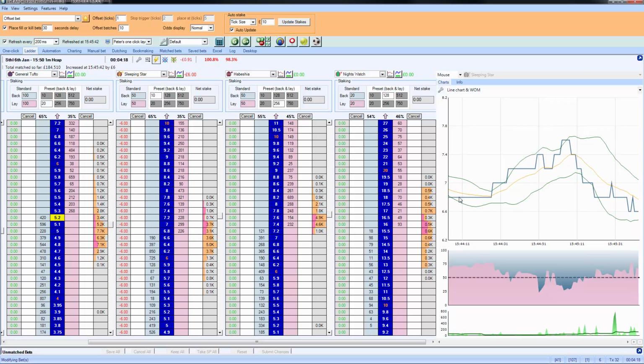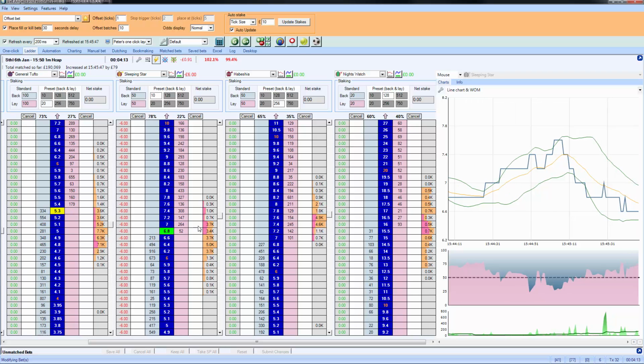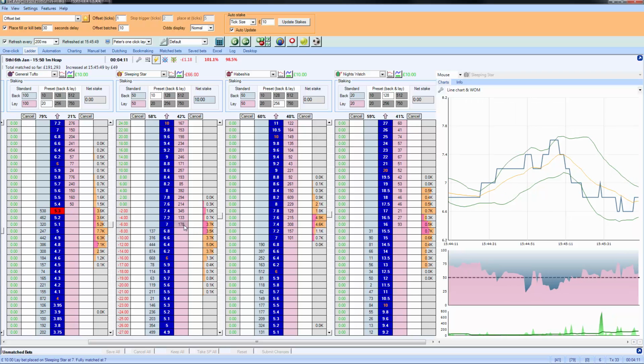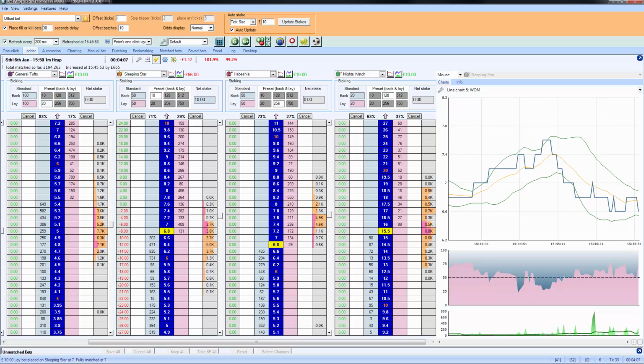So if we look at Sleeping Star, the price went out and now it's come all the way back in again. So what I'm going to do is open a trade by clicking on here, and I've messed that up again. How many